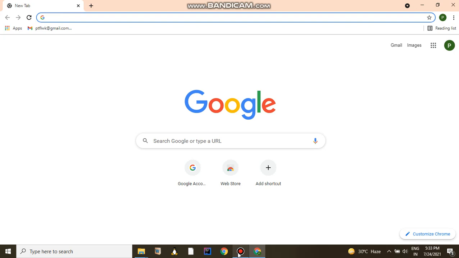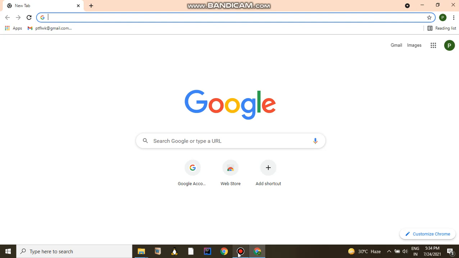Hi guys, in today's class we'll learn about Google Colab. Google Colab is a web-based product launched by Google Research Lab. It is very beneficial for those who want to learn data science, machine learning, deep learning, all those things related to data. In the initial stage it is very useful for you.